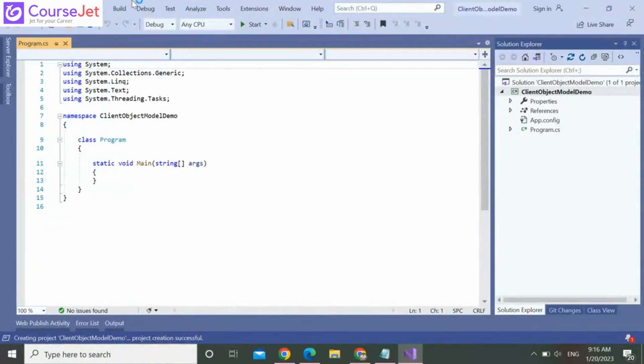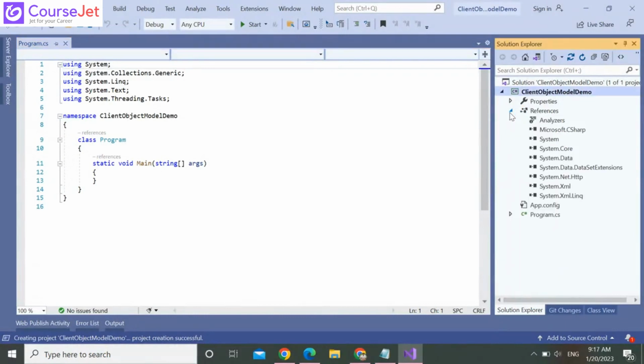Yes, default code is created, like a namespace, class, main method, and namespaces which are related to the defaults. But default SharePoint related DLLs won't be available.